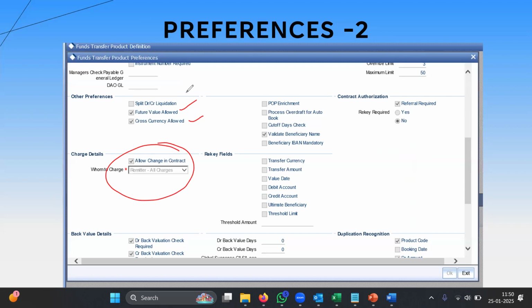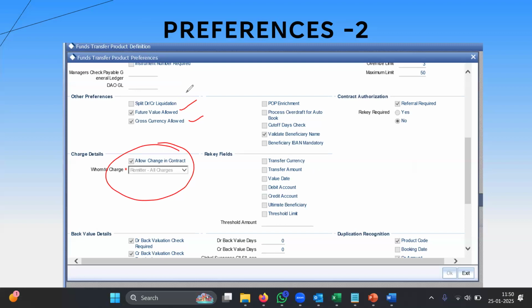And then here, by default, what is the option? Whenever you are initiating the contract, there are some charges. Either we can share the charges, or the remitter can pay all the charges, or the beneficiary may pay all the charges. You would have seen in some courier scenario, or earlier money order scenario, sometimes they send a full amount. Whatever the charges, the beneficiary might have to pay, like a postal. If you are sending a cover without stamp, then the beneficiary has to pay the charges and receive it, or